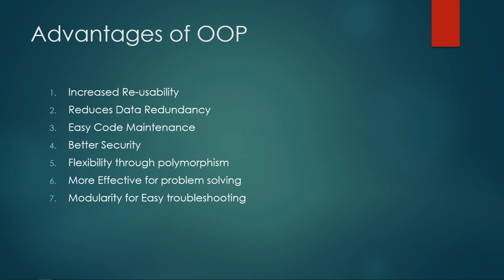So moving on, the fifth point, flexibility through polymorphism. What this means is that a single function can shape shift to adapt to whichever class it is in. You could create one function in the parent class and reuse it in the child classes. So that's what polymorphism is about.